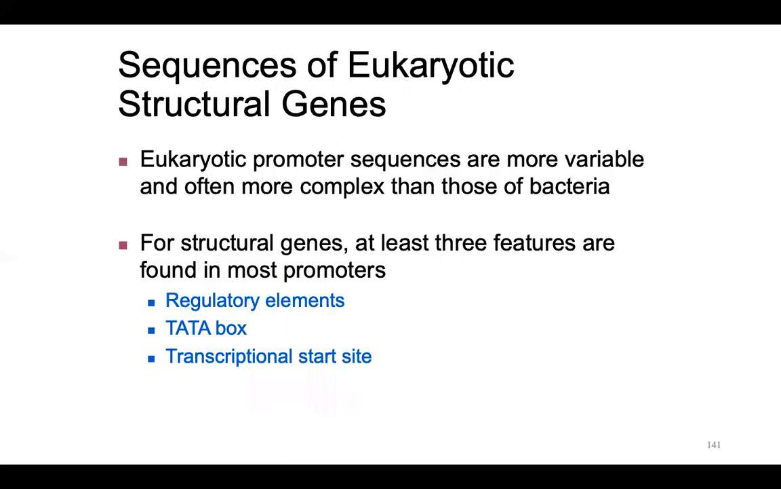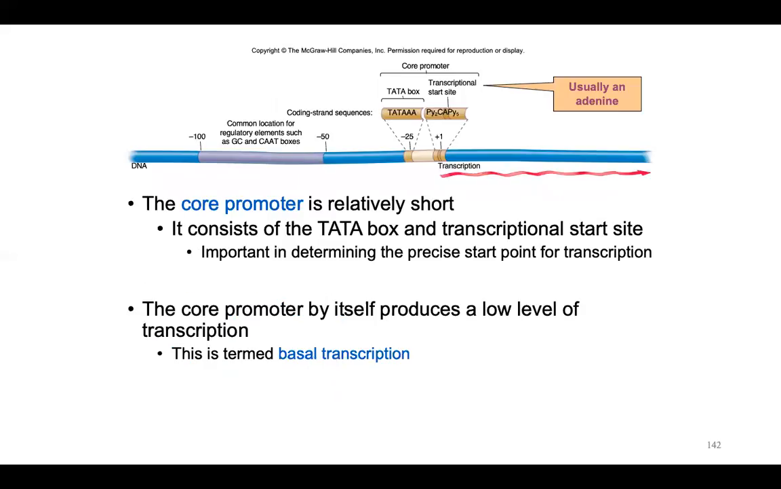Eukaryotic promoter sequences are more variable and more often complex than those in bacteria. For structural genes, at least 3 features are found in most promoters: a regulatory element, a TATA box, and the transcription start site. The core promoter is relatively short. It consists of the TATA box and the transcription start site, and it is important in determining the precise start